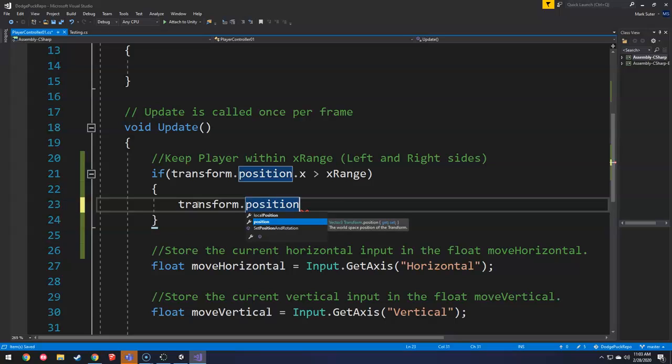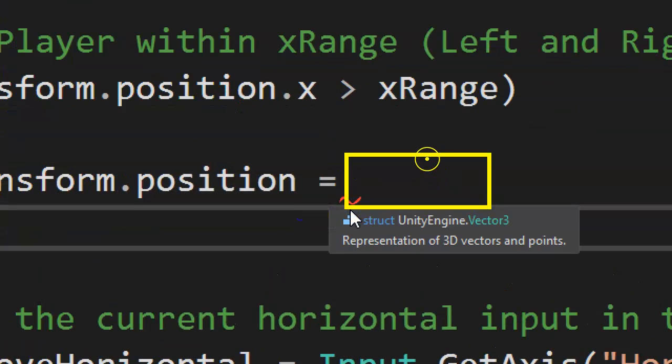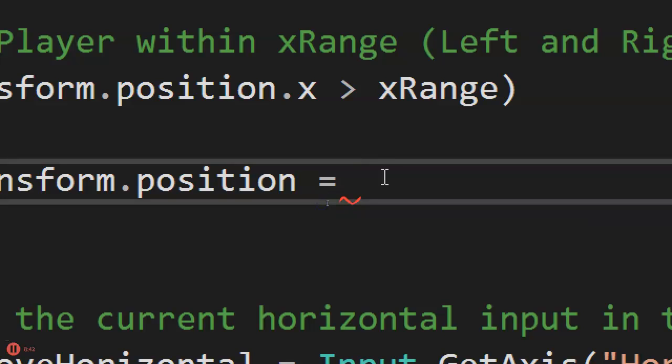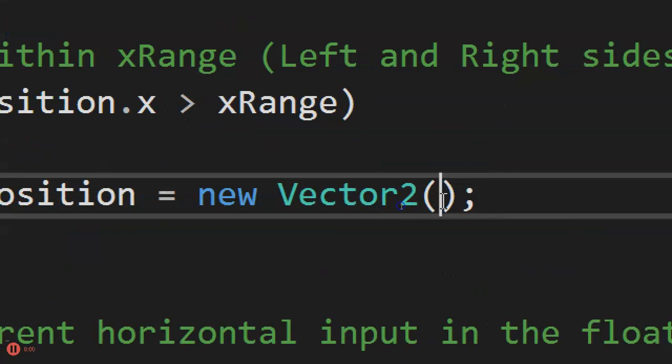Now, interestingly, we can't say .x. We're going to say your entire transform.position is equal to, remember, a single equals sign means it's going to take whatever we put here and insert it into this. So what should your new position be? Well, remember we store these values because we're in 2D. We can store these values as Vector2. Well, we're going to give it a new Vector2. And then inside of the parentheses here,